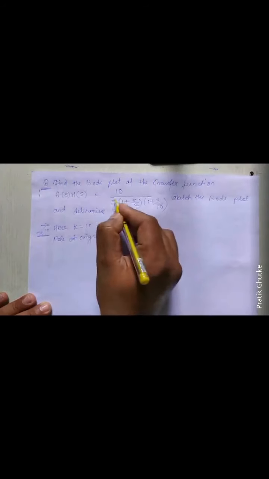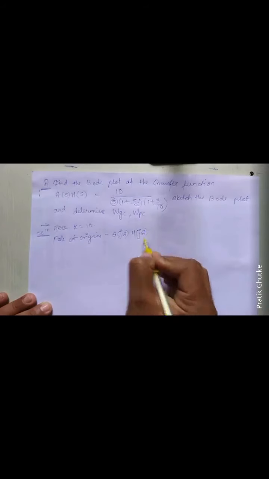As the given transfer function is in standard form. Why is it in standard form? Because G(s)H(s) equals 10, that is K, divided by s, and in brackets it is 1 plus, okay? 1 plus means it is in standard form: 1 + s/2, 1 + s/10. So here K equals 10. Yes, the numerator part, that is your gain, K equals 10. A pole at origin. Yeah, this is pole at origin.